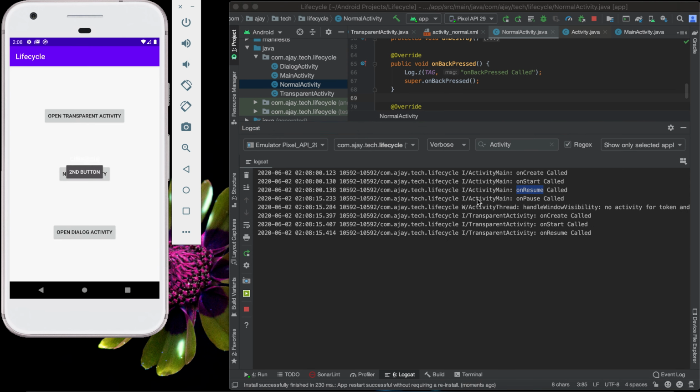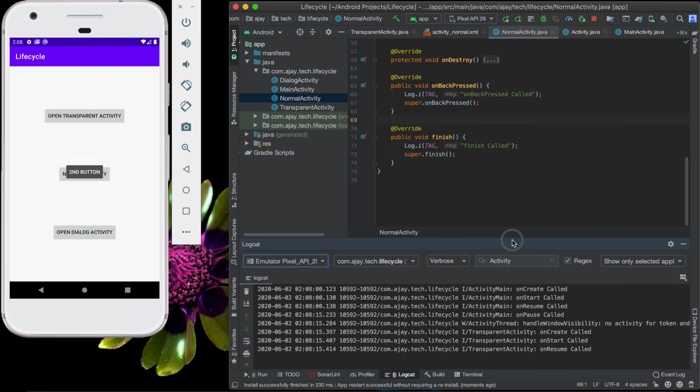You can see the main activity goes into the pause state, and the transparent activity's onCreate, onStart, then onResume are called.